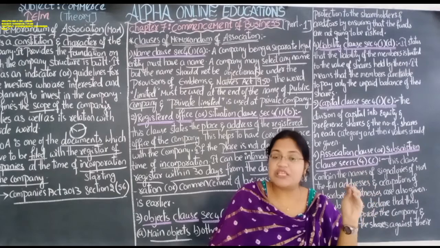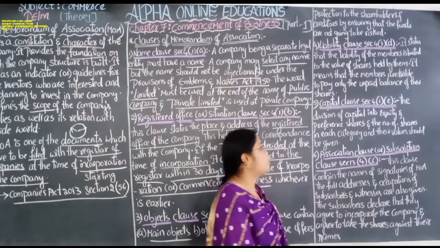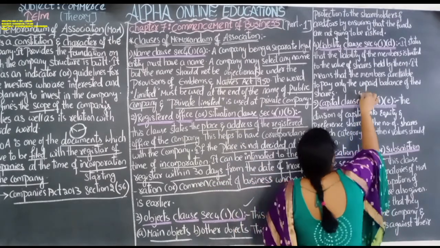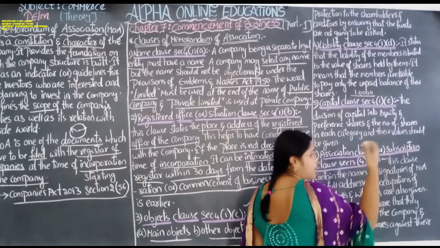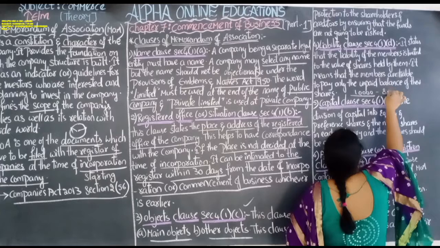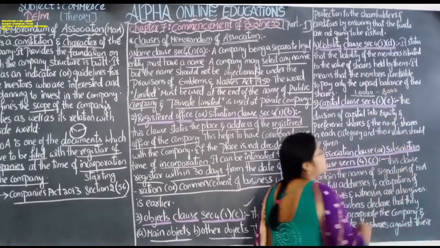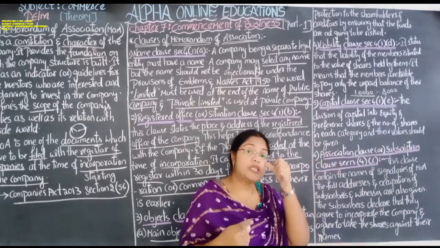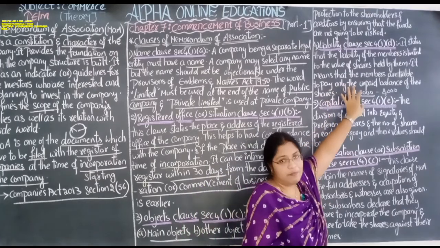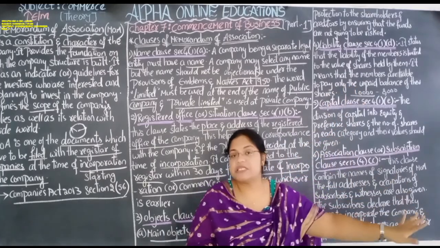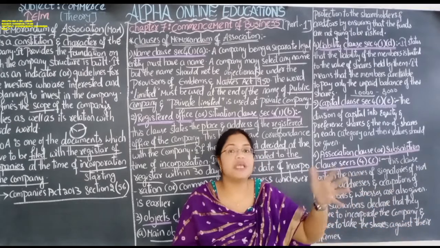For example, the share value is 10,000 rupees. Okay, if the value of the share is 10,000 rupees and they have paid only 8,000 rupees, then the member has to pay the remaining 2,000 rupees only. Up to that only they are liable. Their personal property is not going to be touched in order to recover the loss,